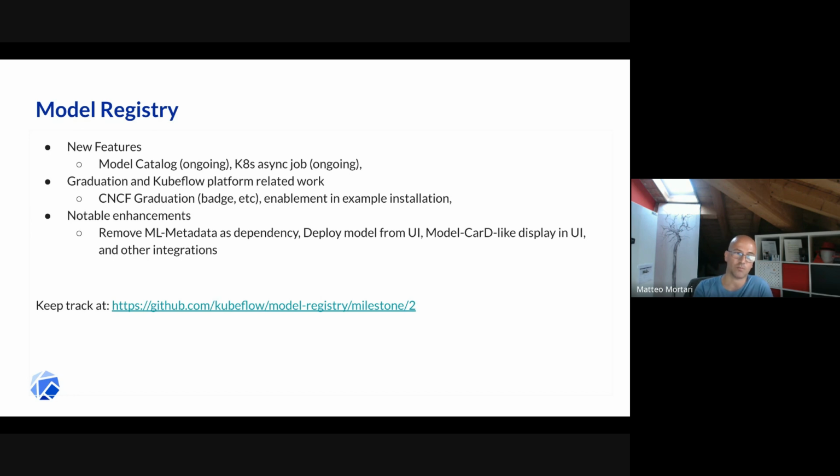For as well as more, I would say, nice to have in the UI, things like deployment of the model from the UI, model card-like displays in this UI, and other integration. As always, with model registry, we are doing cadence releases. So it means I want to reiterate the point that model registry users can await a release that typically happens